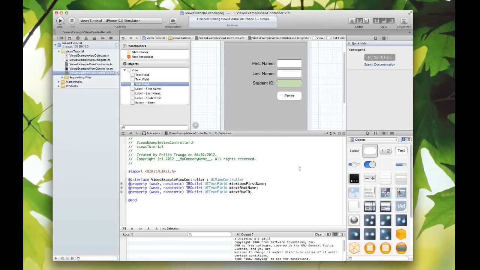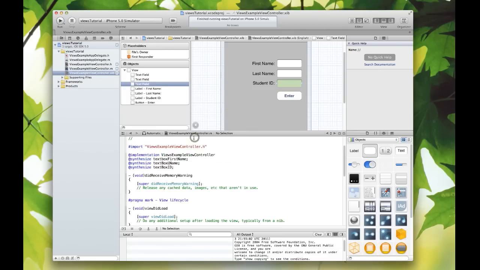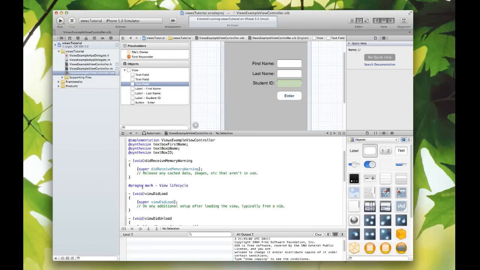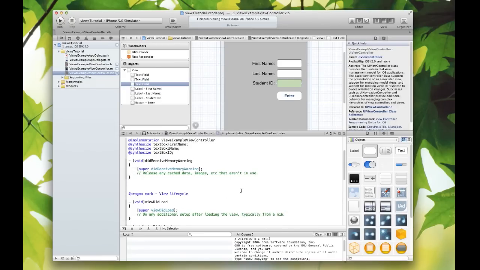Okay, so we're all done with the properties we need for the text boxes. What I'd also like to do is wire an action from this button, which is going to produce our new view. Even though we've not implemented the view yet, it's fine for us to put the button action down. So I'm going to switch over to my implementation file, and I'll do it somewhere, probably just below this. Give myself a bit of room in here. Below the memory